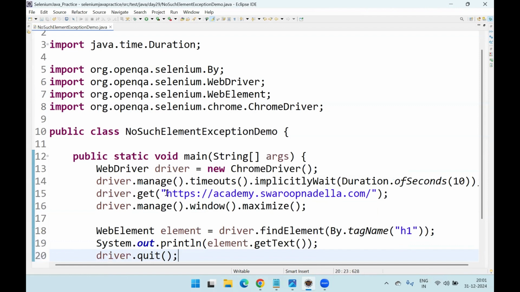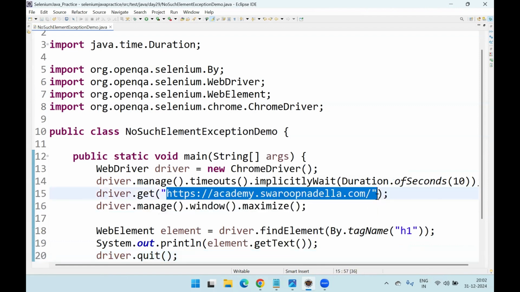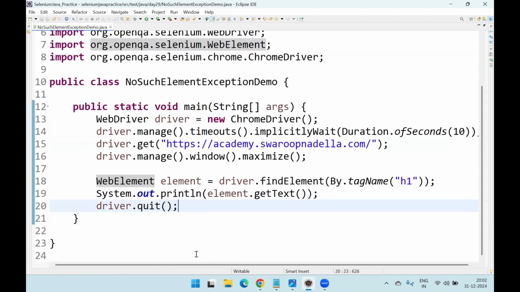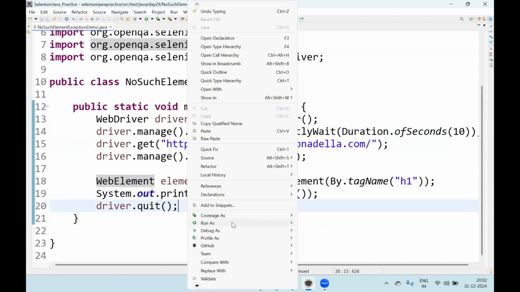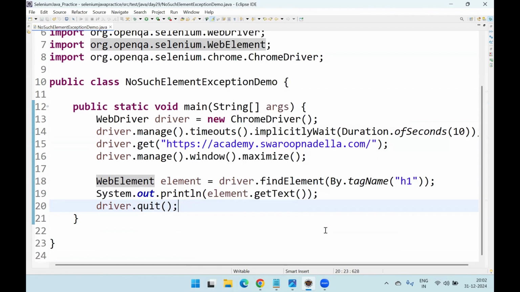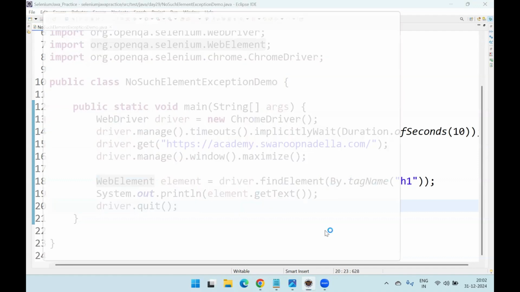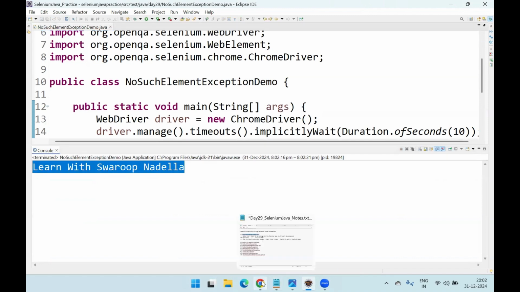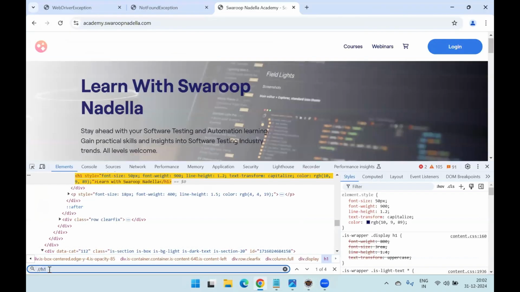So the Academy website will be launched, academy.swaroopnadella.com, and then it will check for this By dot tagName element h1 and retrieve the text, and it will be printed on the console, and it will quit the browser. So let's execute it first of all. Run as Java application. So the text whatever you are expecting is coming correctly,